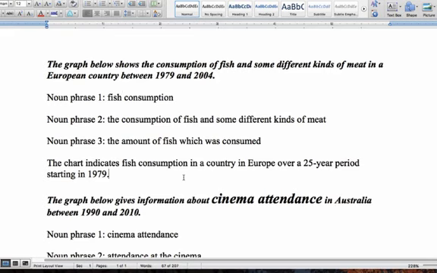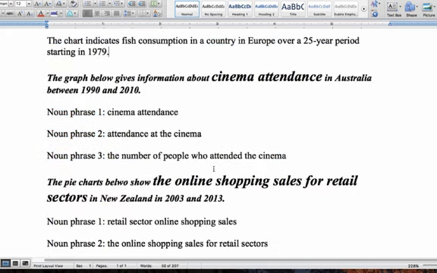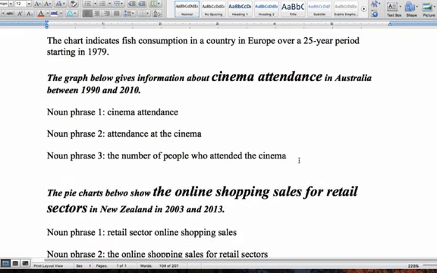So if you can get, after just a couple of minutes, you will have your paraphrase written and you will have your 3 noun phrases ready. That means you're in a good position for the rest of the essay. Alright, let's quickly do the last ones. Pause the video, I'm not going to go through it, I'll just show you what it is.